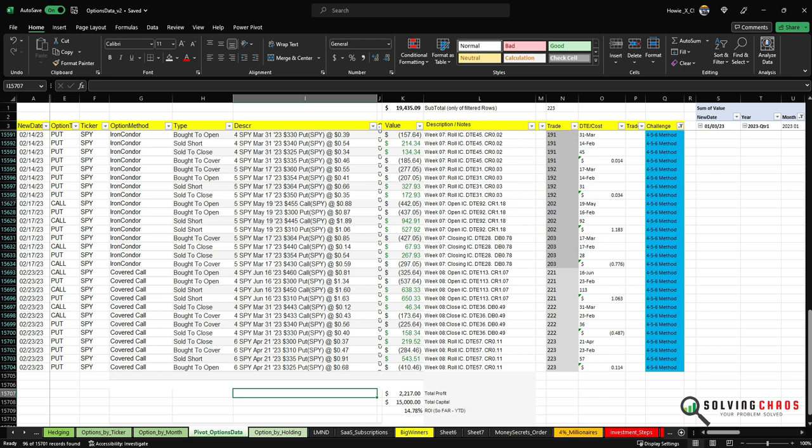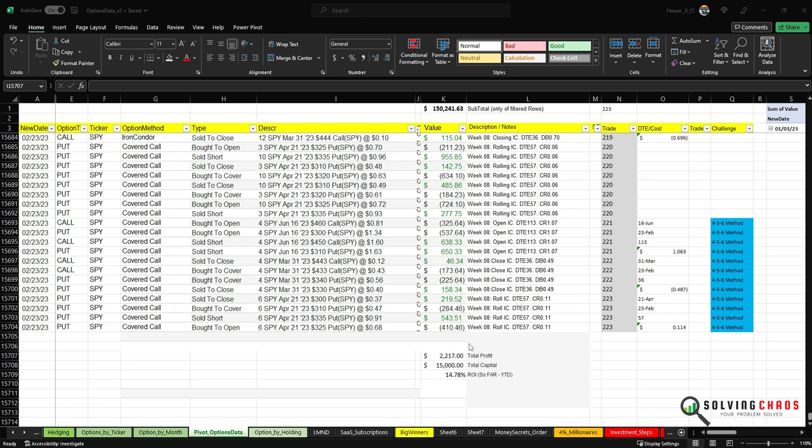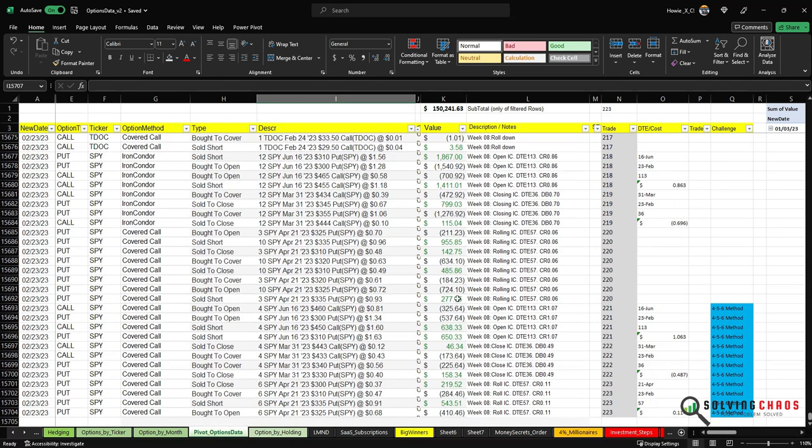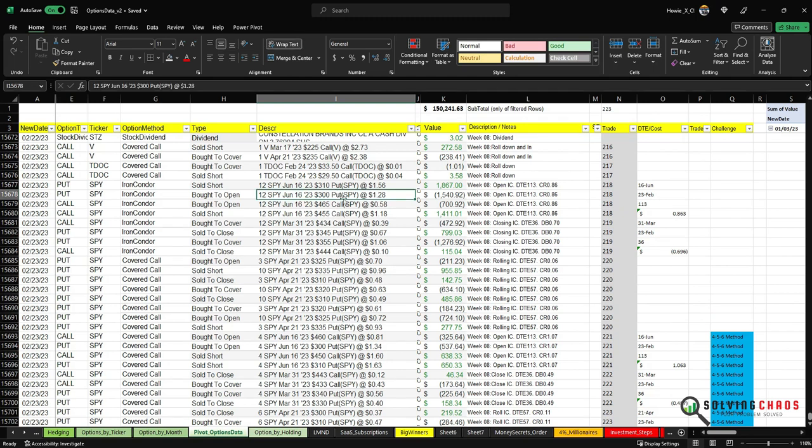And I'm going to talk through this in detail on one particular trade right now. The filter, undo the filter, you see this. So I'm going to look for the trade that I wanted to talk about. And I think it's this one here. So you can see how I closed this particular position. And you'll see this here. It cost me $835 to close. And then I opened a new position out to June, which is 113 days out. And if you look at these two, what I closed it for and what I opened it for, you'll see that the difference is $200.